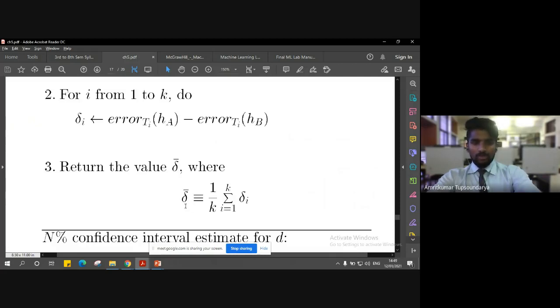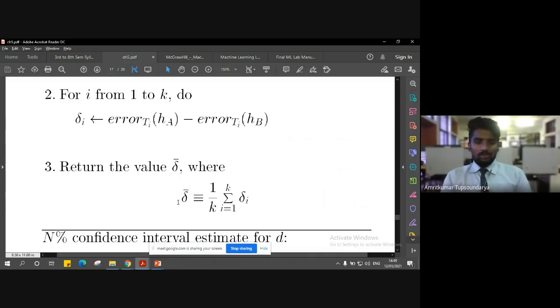So once we have this mean value for this delta, we are going to put this into the formula. We already know the delta i for each of the instances, and we are simply going to divide by the total number of test sets, which will give us the mean value. It's a simple average formula, what you usually compute. For example, if you want to find the average of three exams, you add all the marks of the three exams and you divide it by three, so that you have the average.